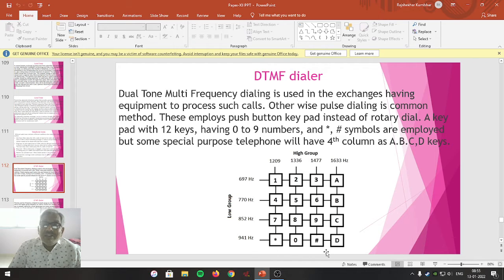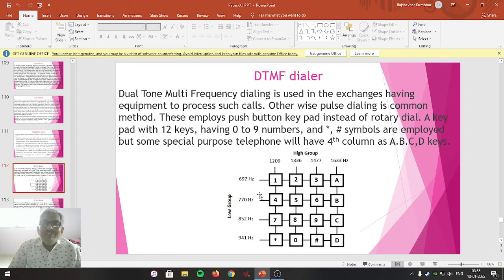The use of star and hash keys is special because they are used to dial the number fast. For every row and every column, certain frequencies are assigned. For columns, higher group frequencies are assigned. For rows, the lower group frequencies are assigned.